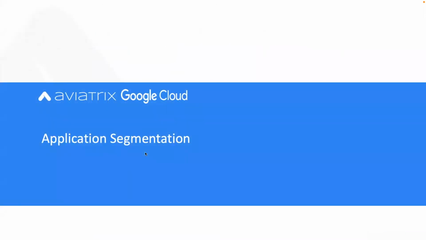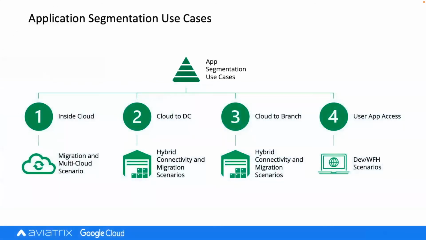So now we are actually going directly into the topic of application segmentation, which is becoming really critical for the enterprises that are migrating from the on-prem location into the cloud, or there are some organizations that are actually born in the cloud. So when they look at all these capabilities provided by Google, obviously